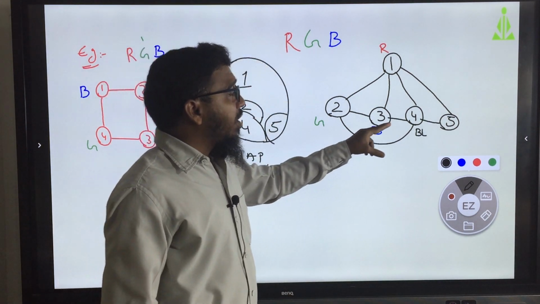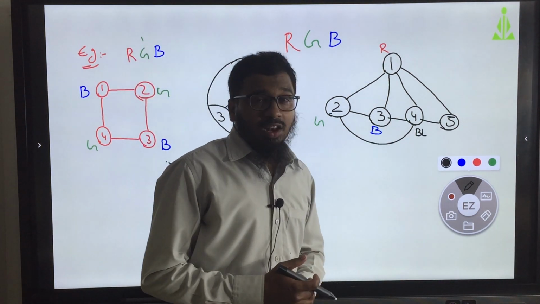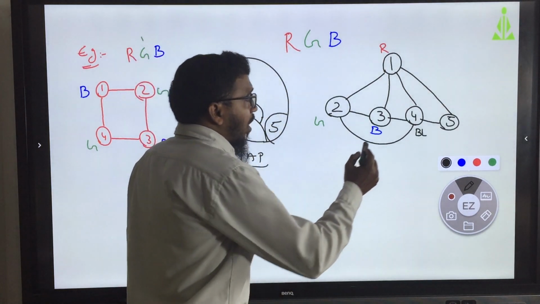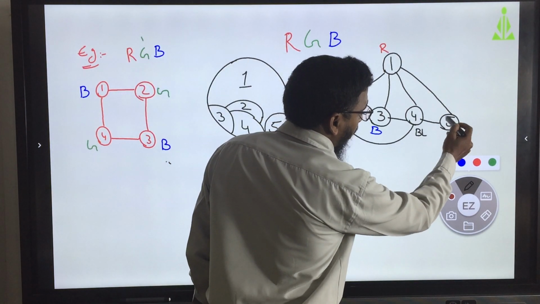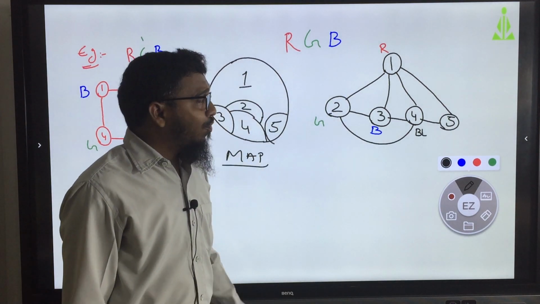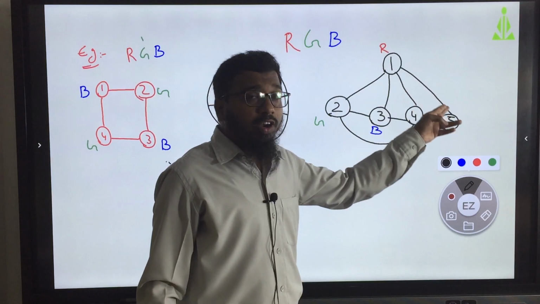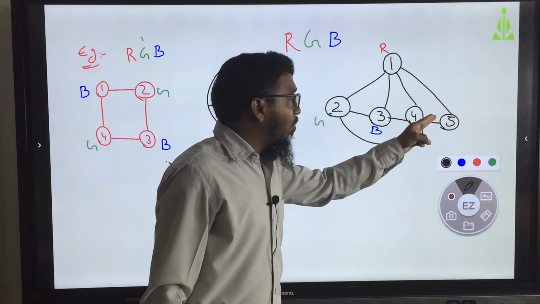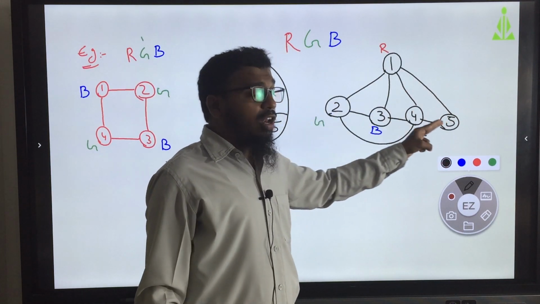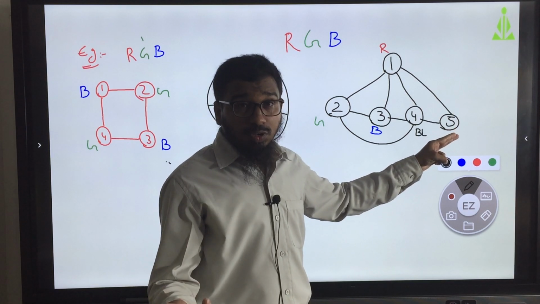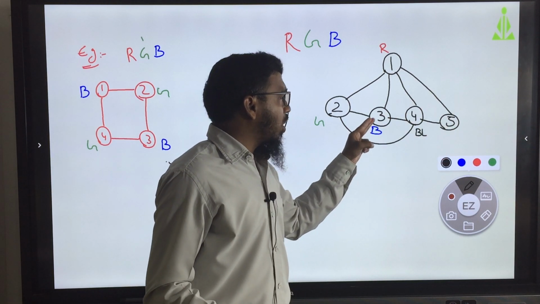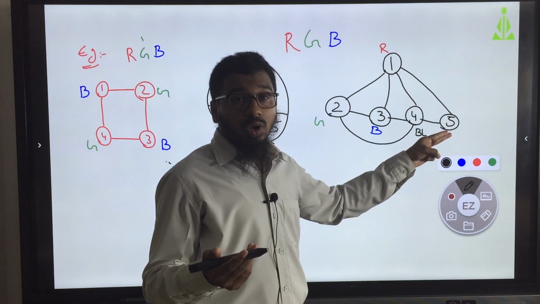Okay. Now, when I take the black color here, after this, the fifth one, can I give the red color to this? Red color is already here, but I cannot give it here. For 5, can I give the green color? Yes, that is a possibility. Can I give the blue color? Yes, I can give the blue color.